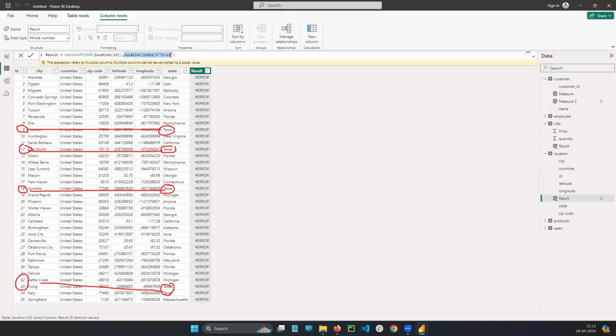But wherever there is a Texas row, only those location IDs, 9 plus 12 plus 18 plus, wherever there is Texas, you see that location-related ID product. These ID values I want to add. If I click on enter,